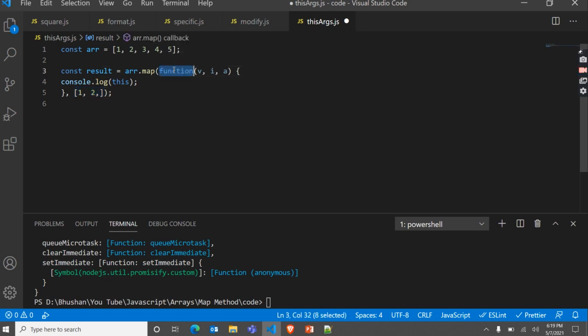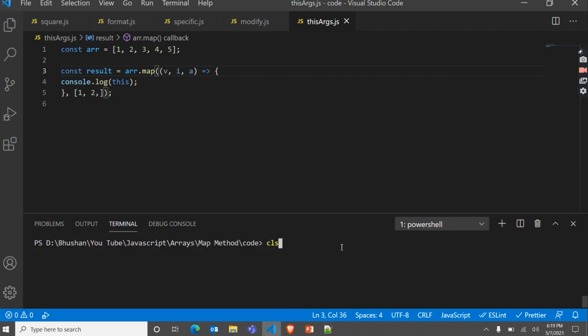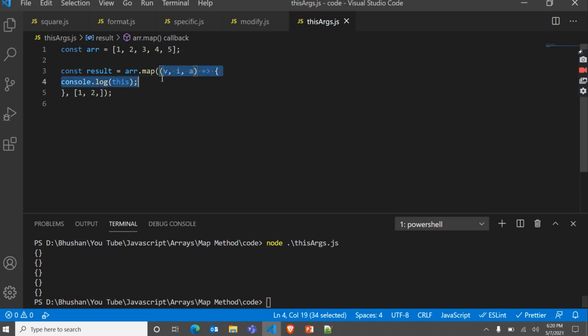But if we use a normal function here, sorry, an arrow function here, then see here what the result is. See, we get an empty object. Why do we get an empty object? Because an arrow function has its own this keyword, which is an empty object, but a normal function uses this from the parent or from global. So if we print this without the this value, then we get the global object here, and if we provide this, we get this arg as the this value of this callback function.